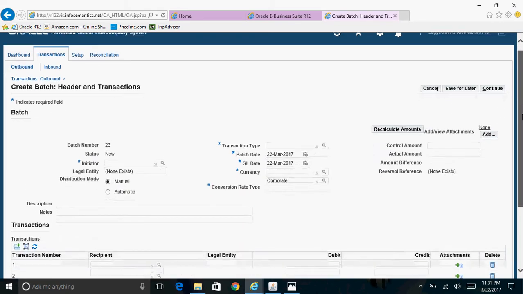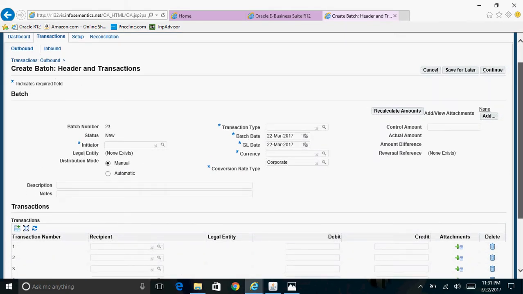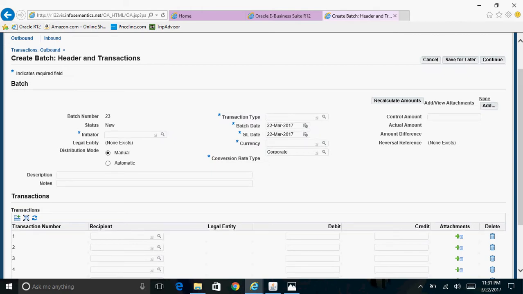Whenever you are creating any intercompany transaction in AGIS, there are two parties involved here. One is the initiating intercompany org and the next one is the recipient intercompany org. So basically the initiating intercompany org is providing some kind of a service to the receiving intercompany org. We will take Vision Operations and Vision Germany as an example. Vision Operations will be our initiating org and Vision Germany will be our receiving org. So I'll select initiator as Vision Operations,